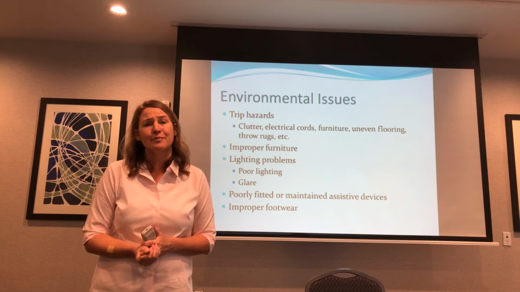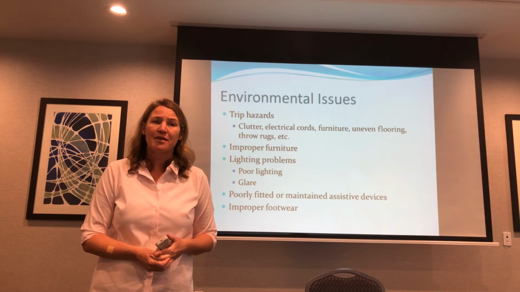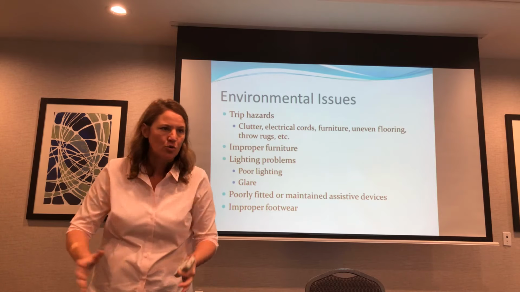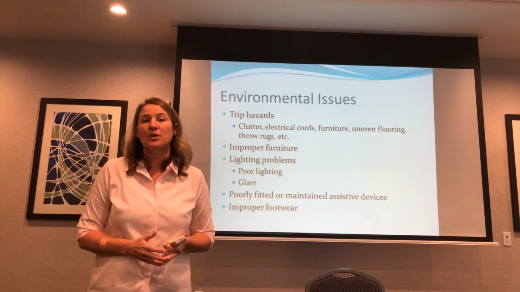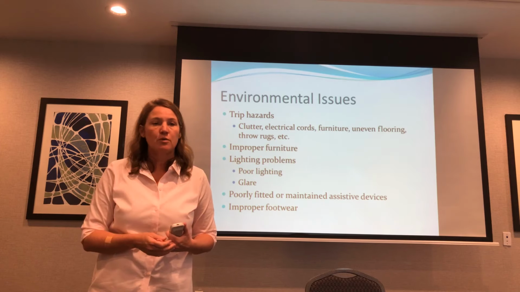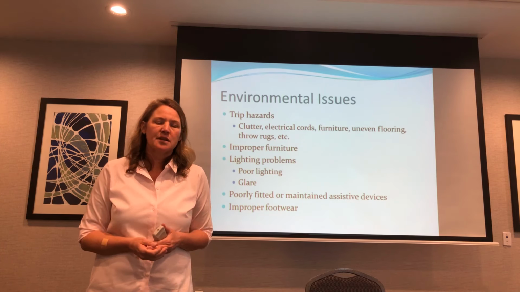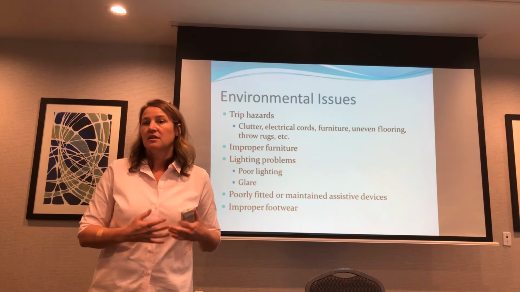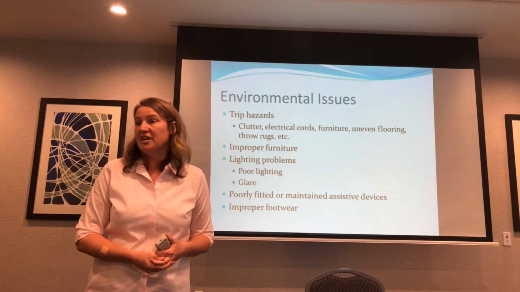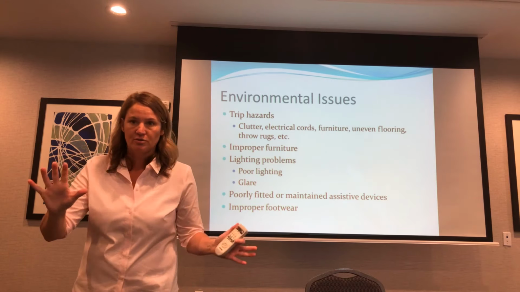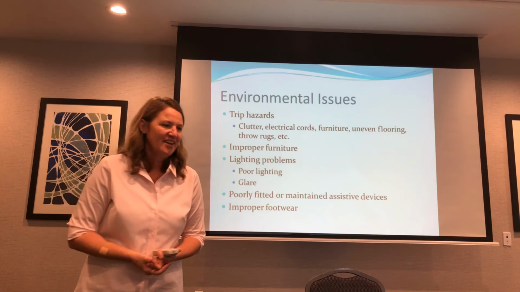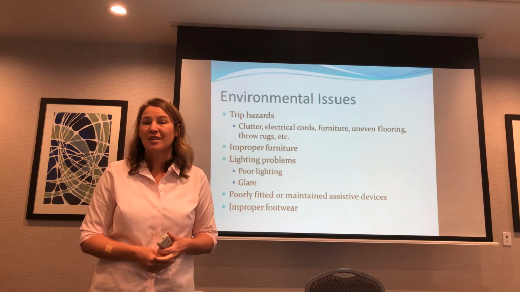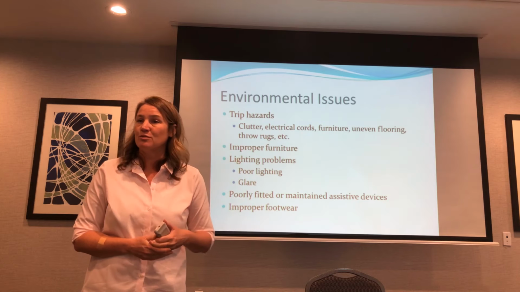Improper furniture is a big problem because some of the things you want them to correct, they don't have the resources financially to quickly correct. So it might be that I shove it into a corner, or, from my standpoint, it's a home assessment. That's where we go and do home assessments on most people, but it's not always reasonable to do. But when you see things that can't be quickly corrected, try to find an alternative. Like I found one chair in the house that you can use, but none of the others. Improper lighting is another problem, poor lighting or glare, and they just need some sheers over the windows or something simple.